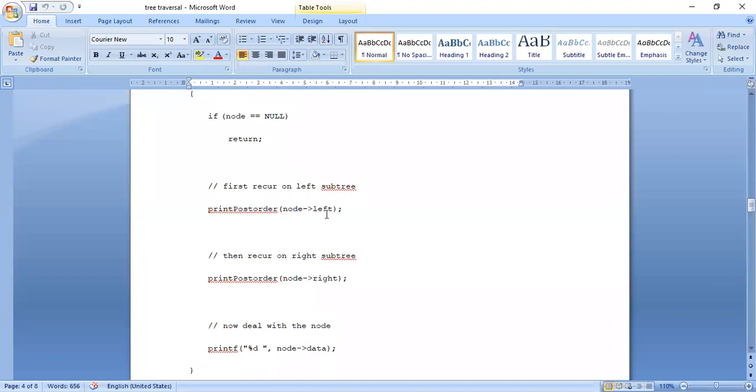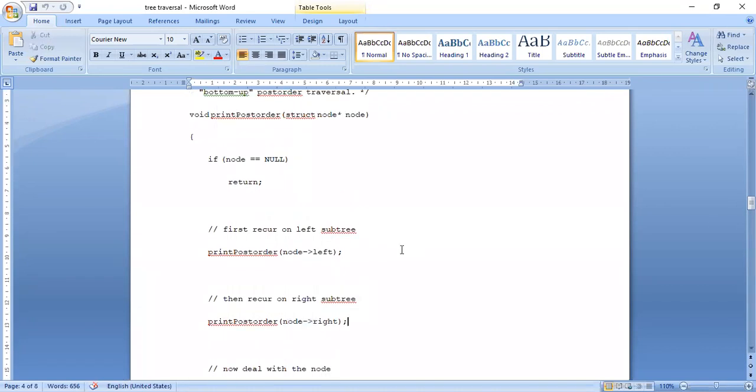Printf post order of node of left means what is this one? This is the address of the left child. Node of left means left child. Node of right means address of right child. Node of data means the data in the present node. So you can see here, post order.